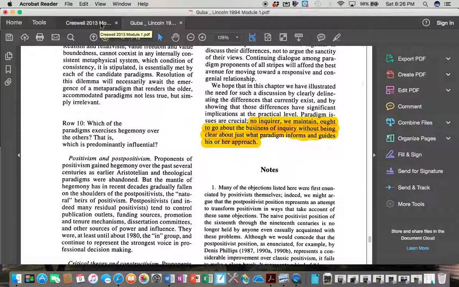What do I think about nature and truth, ontology? So what are my thoughts about the nature of reality and the nature of truth? Well,